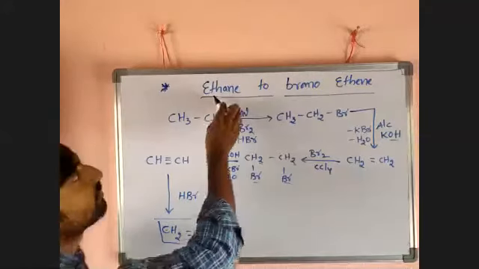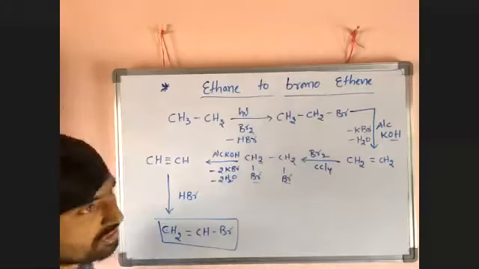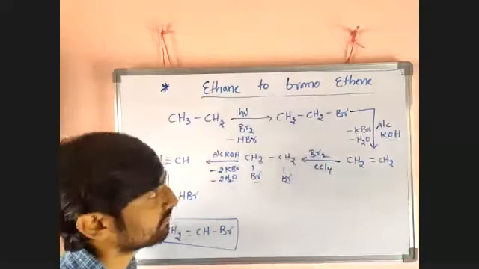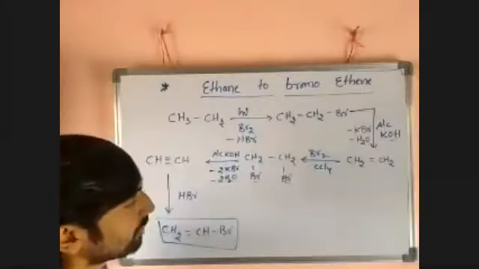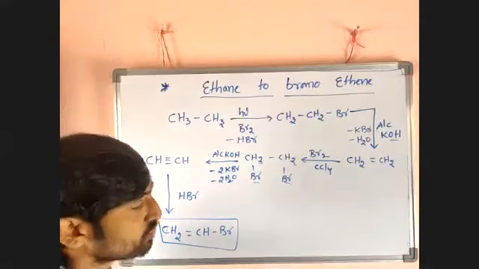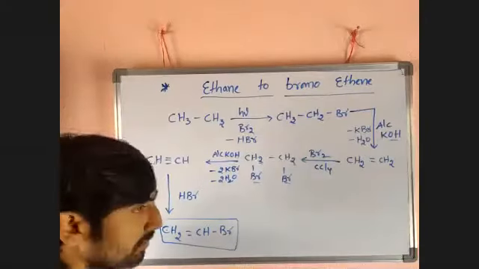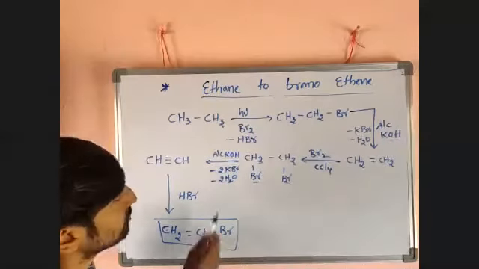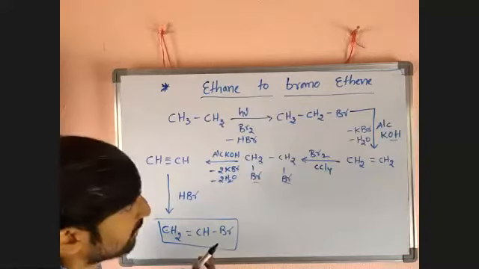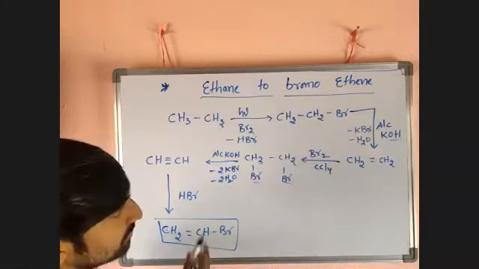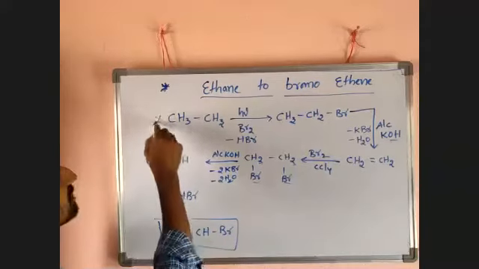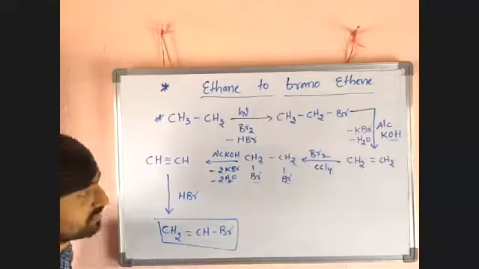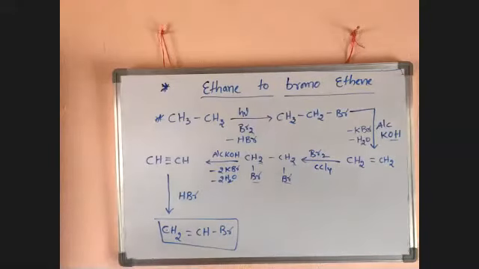So here, ethane to bromoethene. First you should construct the structure of reactant and product. Then after constructing the structures, you have to think what the ways are to convert. There is a double bond, so elimination must take place. Br is there, so you should add Br there. Double bond and Br. It does not happen in only a single step, it happens in several steps. Certain conversions take only a single step, but certain ones take several steps. Okay, note down that one: ethane to bromoethene.